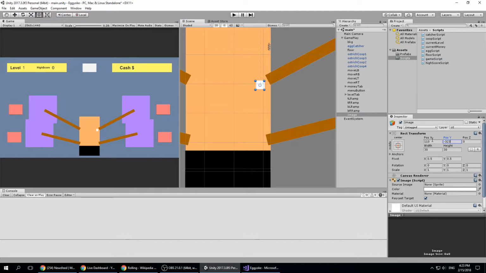I'm thinking right now if we want the eggs to have free fall as well, and in that case, yeah, that can be done with a bit of physics,